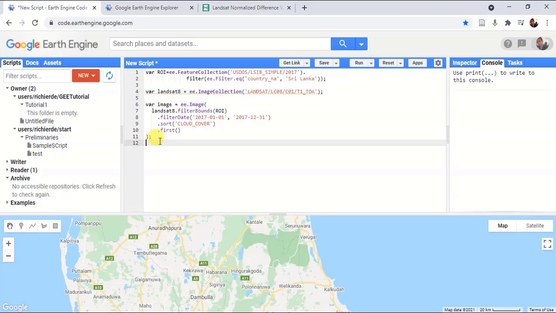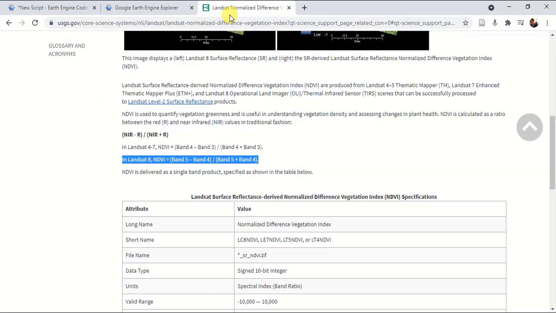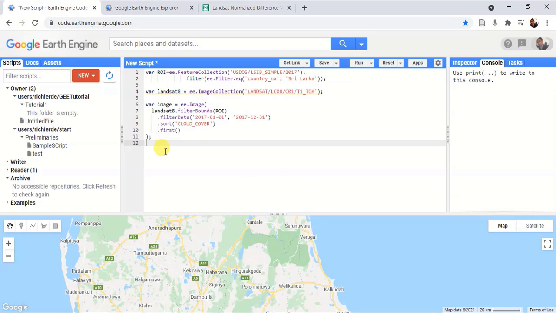So in order to calculate NDVI, we have to understand the simple arithmetic operation or the calculation procedure of the NDVI. For that, on the USGS website, they have mentioned that with Landsat 8, we can calculate the NDVI using band 5 and band 4. Therefore, we have to save band 5 and band 4 from the selected cloud cover image in two variables. So first of all, I'll save the NIR band,